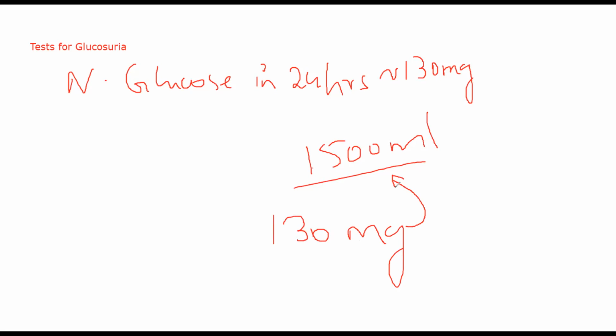ठीक है. The main important test that you will do for glucosuria will be Benedict's test. Benedict's test जो है, it will involve something called Benedict's reagent where you use copper. Now, what will happen in the test is cupric ion जो है, that ion gets reduced. That ion starts getting electrons, and it will be reduced by glucose, because glucose is a reducing sugar. Cupric ion will be reduced to cupric oxide, and that cupric oxide will form a color. ठीक है. आप क्या करते हैं टेस्ट में, in Benedict's test. So the first test, this is a qualitative test.